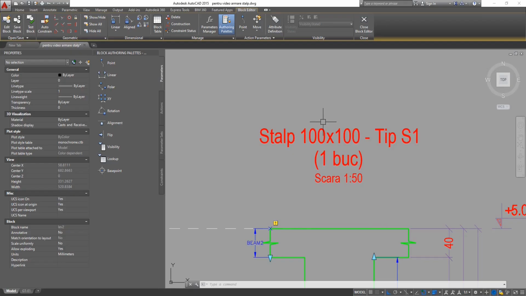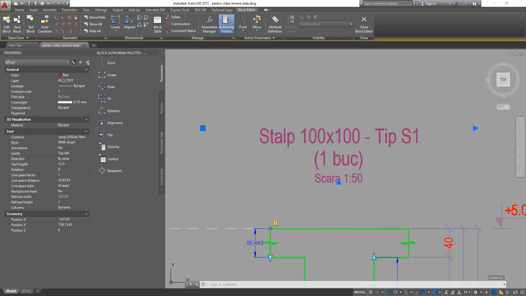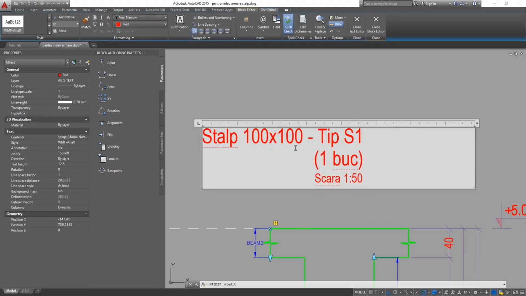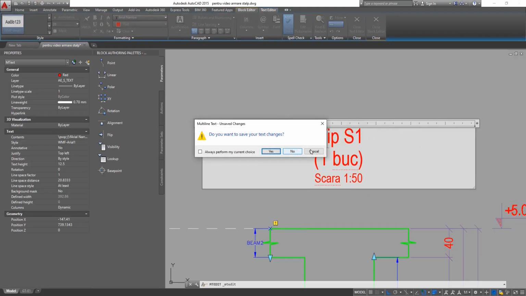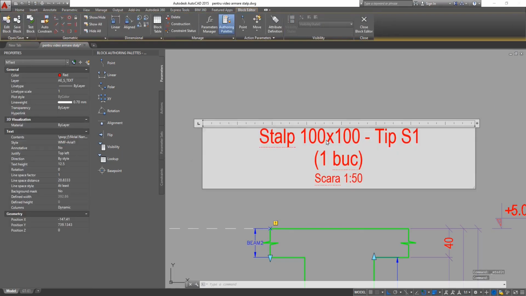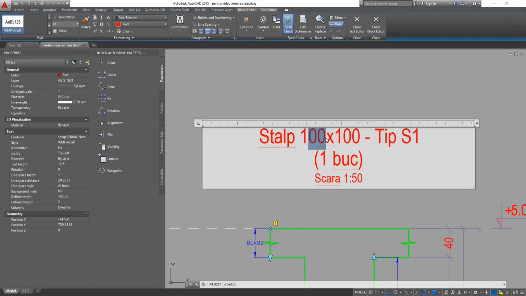I'm just going to show you, just plunge into the problem, how we should transform this static value into a variable one with the help of the field. So we're going to go inside the text and just select the part of the text we wish to transform, click right,